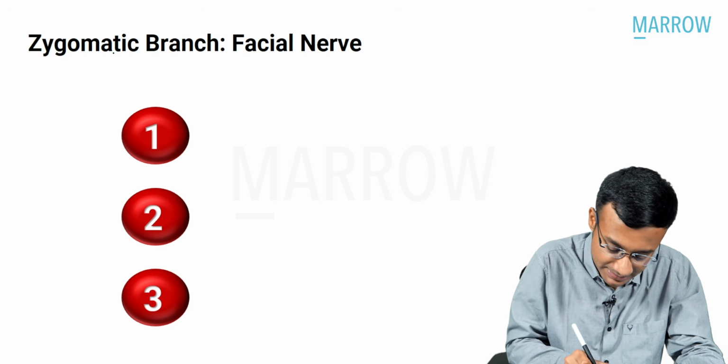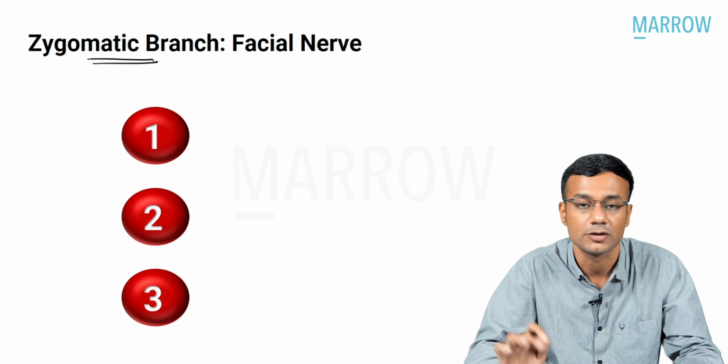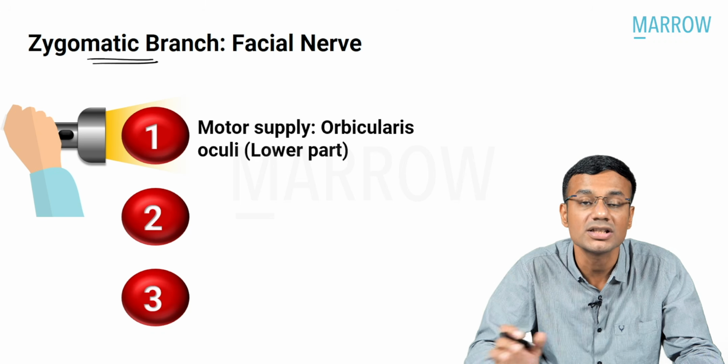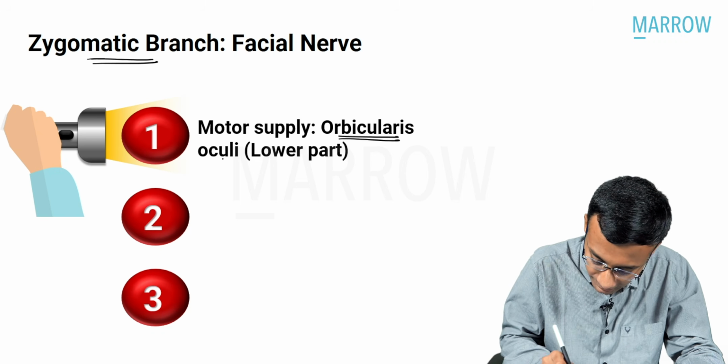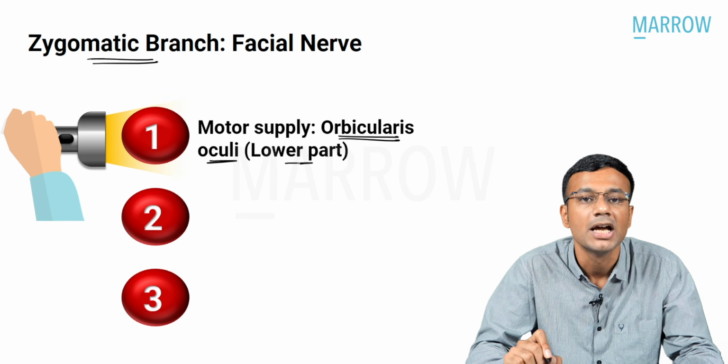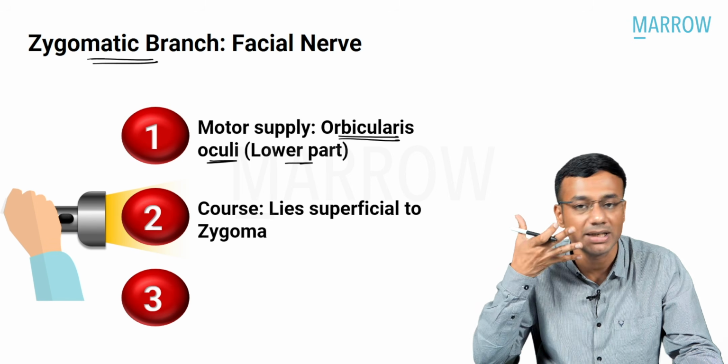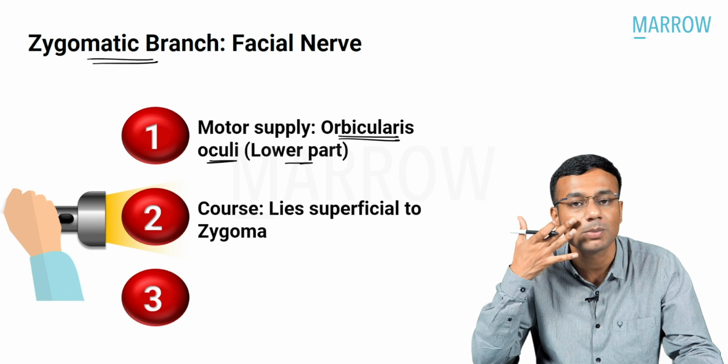This is because of the zygomatic branch of the facial nerve. So, this is the explanation which is mentioned in the book. Number 1, the zygomatic branch is motor supply to the orbicularis oculi, the lower portion. So, this is point number 1. Point number 2 is the course of the zygomatic branch of the facial nerve, it becomes superficial over the